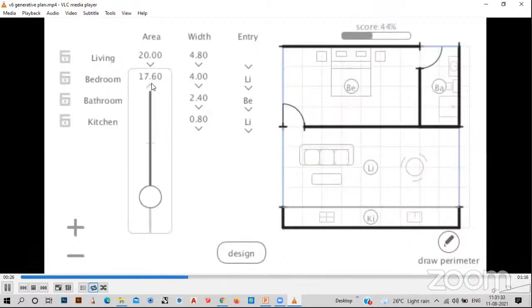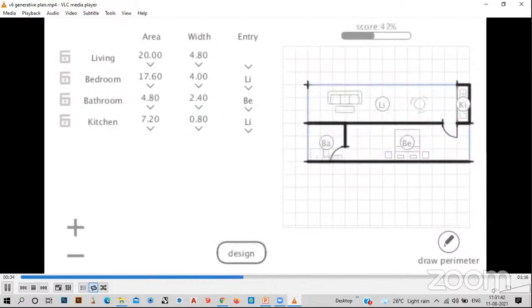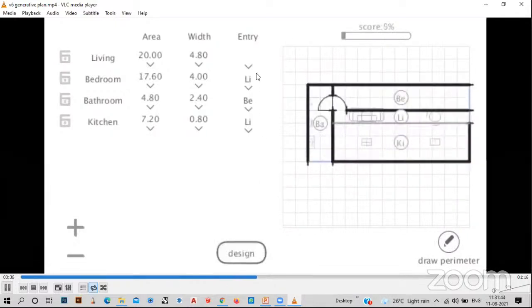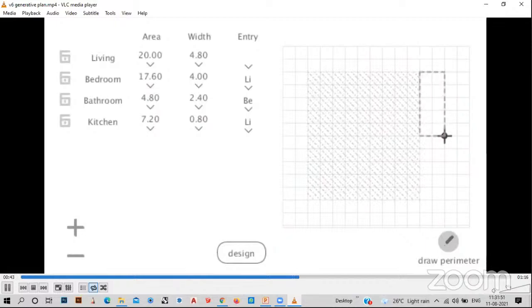So you change the area of the bedroom, automatically the space planning will change. You change the area of the bathroom, automatically your space planning will change. You change the boundary of the whole house, accordingly your planning will change.